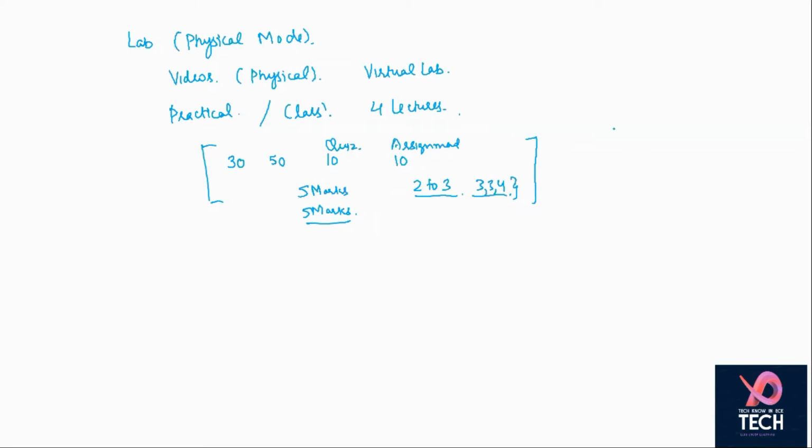This is for your theory portion. For the lab portion, you have 40 marks for viva, 40 marks for your file, and 20 marks for a quiz. One thing I would like to tell you: you are in the habit of copying each other's files, and that is strongly discouraged. Make your own file. I will assist you in making your own file, but you are not supposed to copy from each other. So that's all as far as this subject is concerned. This is the first class, so I will be starting the class.